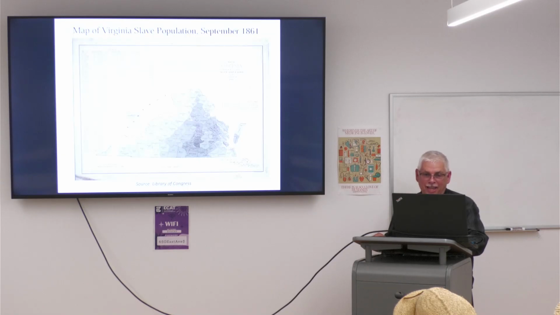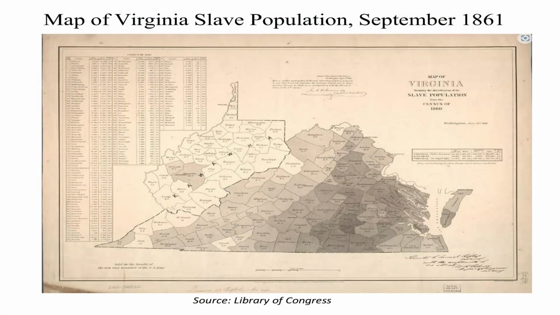And again, you can see why West Virginia became a state. The percentage of slave population in those counties is nearly non-existent. Now, this map